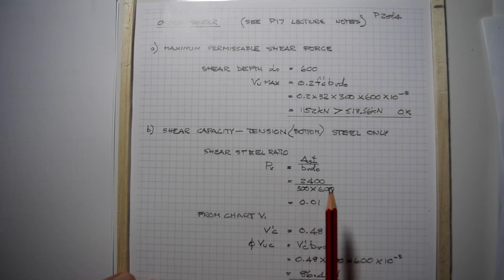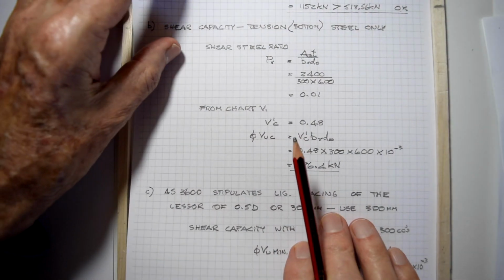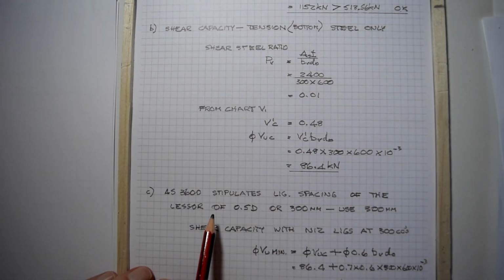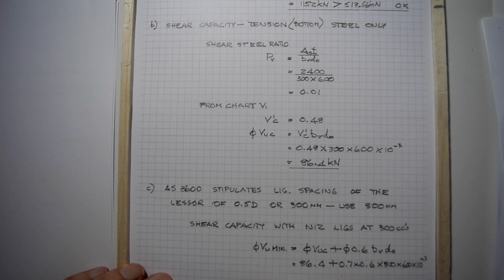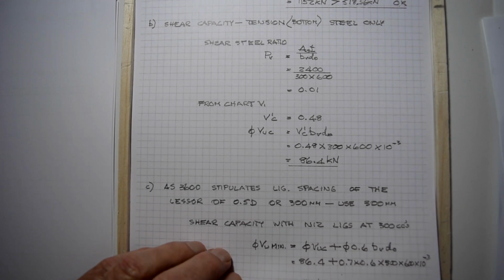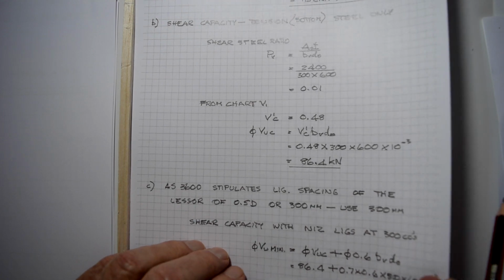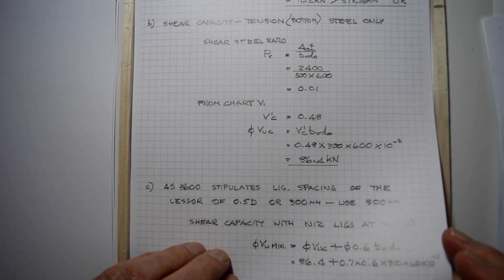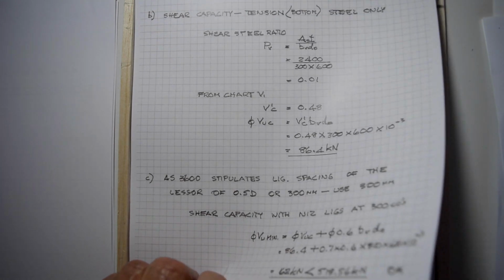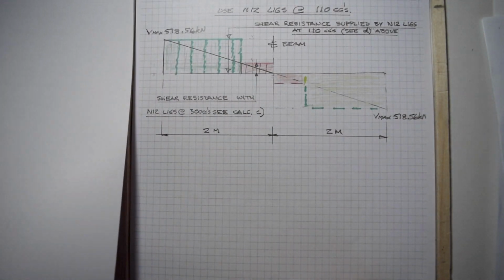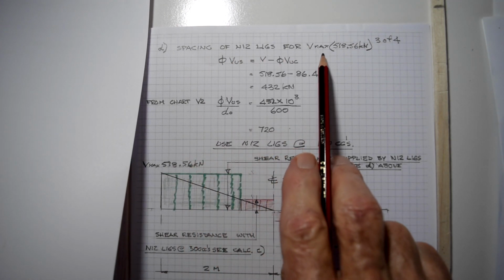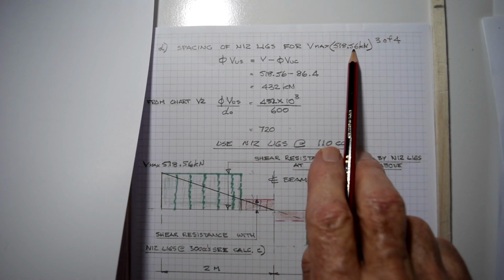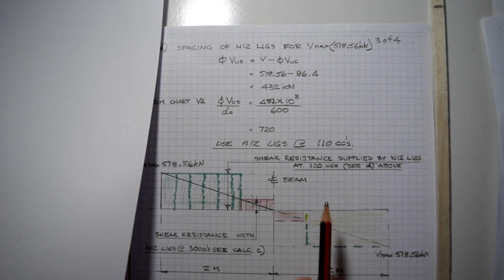And the third calc that we do, C, takes the standard spacing of ligatures as prescribed by the code, and we check what the capacity is there, because in some cases it might be adequate actually, and you won't need to work out any more shear steel. In this case it isn't. And the fourth point, D, we work out the spacing of N12 legs for the maximum shear force of 518.56